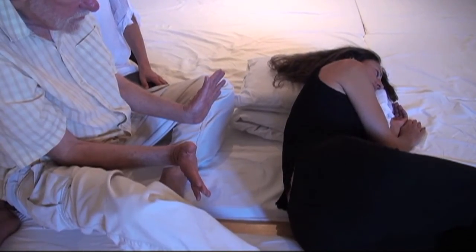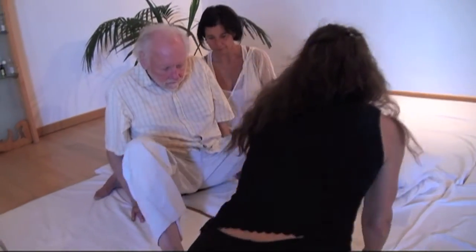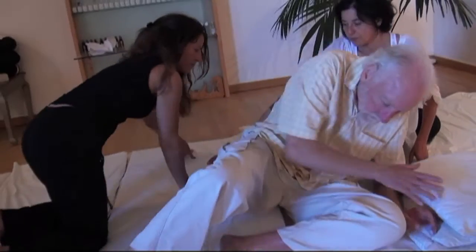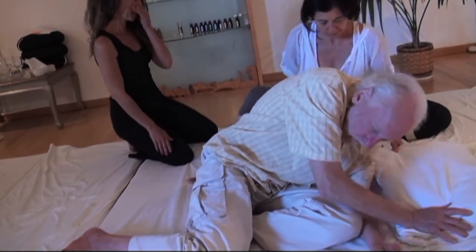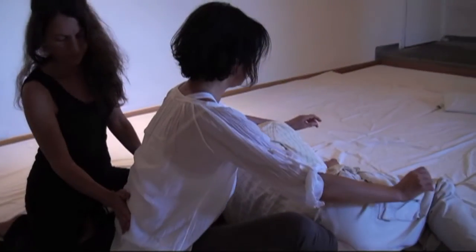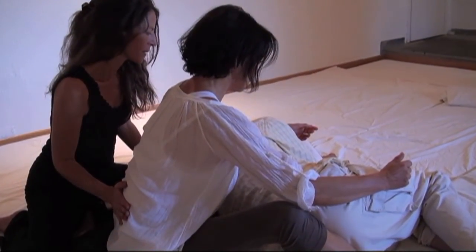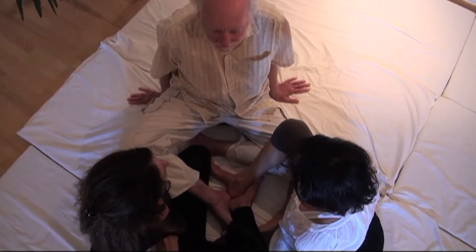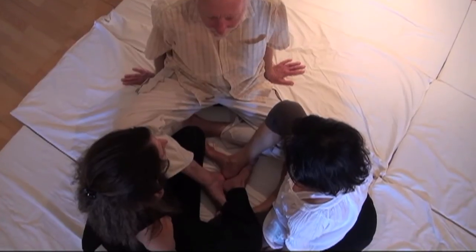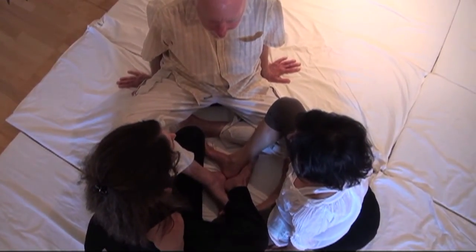At the next sounding of the chime, the one who had been held moves around to become the guide. The one who had held, eyes still closed, lies down to be held. The one who had been the guide moves into position to hold. The round continues. After all three have been held, the three again become a flower, their legs linked as before,